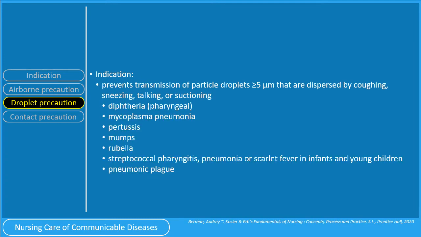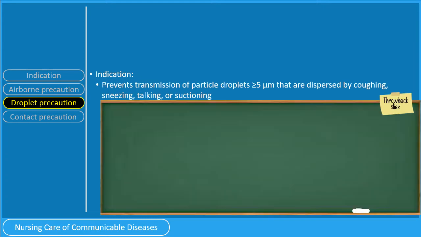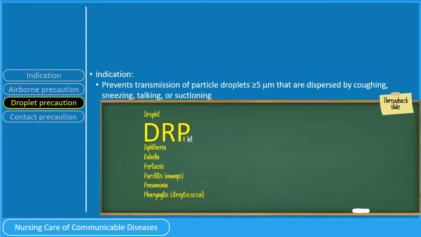Droplet precaution is employed in diphtheria, Mycoplasma pneumonia, pertussis, mumps, rubella, streptococcal pharyngitis, pneumonia or scarlet fever in infants and young children, and pneumonic plague. Since repetition is good for memory, let us bring a throwback slide. To remember the common infections with droplet spread, we use the mnemonic DRoPLET, that is DRP for let: D for diphtheria, R for rubella, and the 4 P's for pertussis, parotitis,